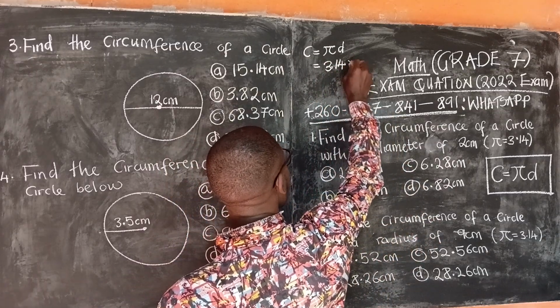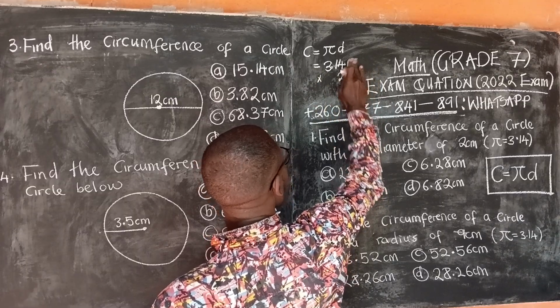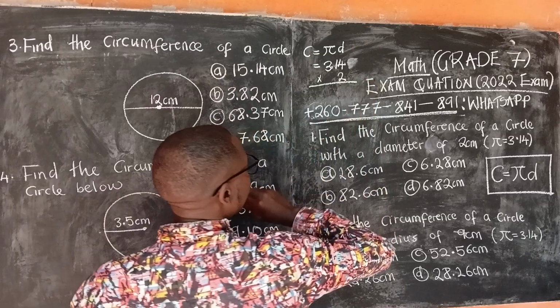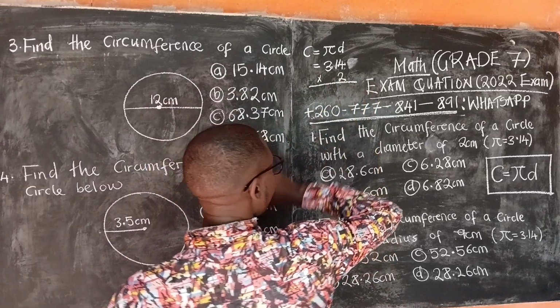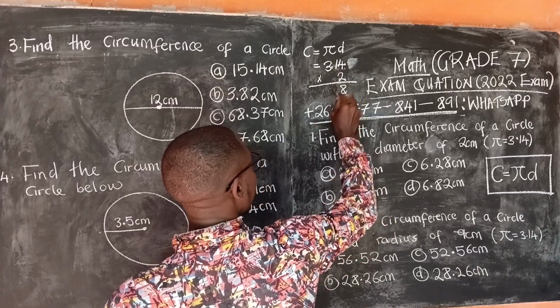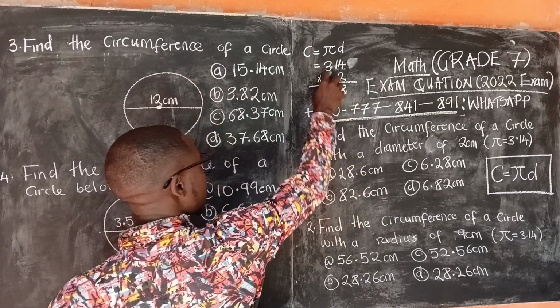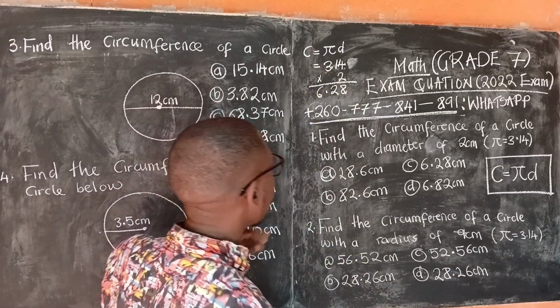So 3.14 times what? Times 2. Let us multiply now by 2. So this times this, what is the answer? It is 8. Then this times this, the answer is 2, right? Then 2 times 3 is 6. So the answer is